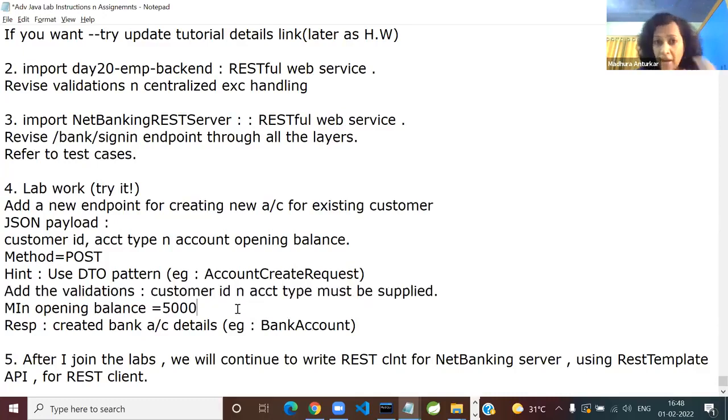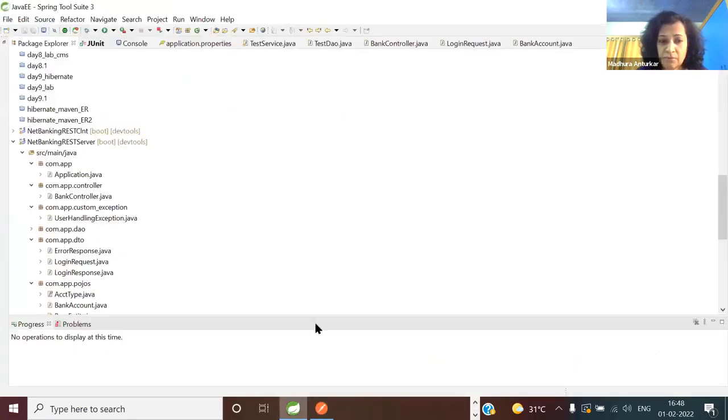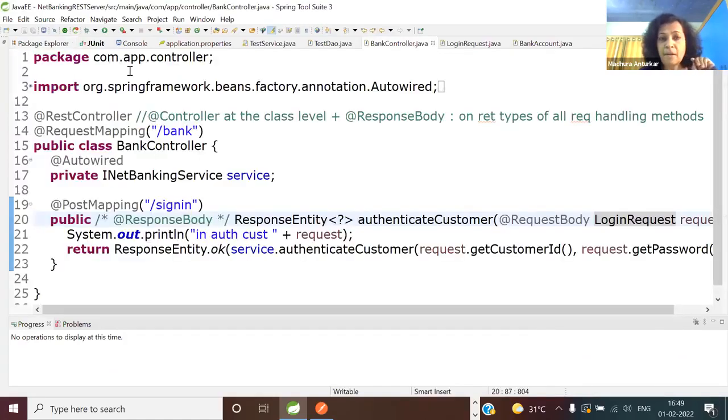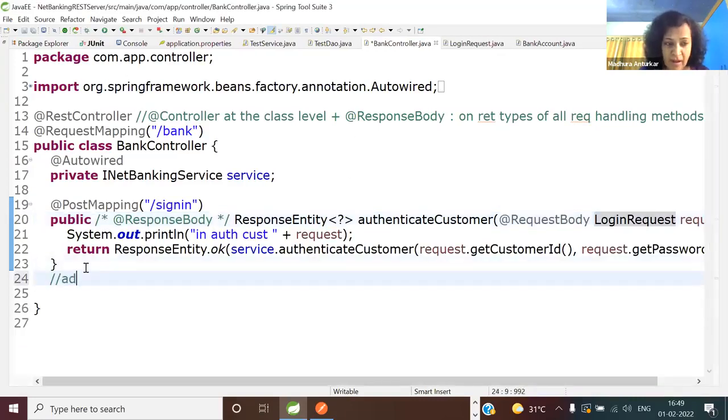So I would recommend, see, bottom-up is always better. But for your understanding, for a change, let's try solving it in a top-down manner. So this is what we are solving. So open your net banking REST server. The REST client we will write after this. Okay, so REST server. And where are we? Yeah, so go to the bank controller. We are writing it in a top-down manner. So here, add